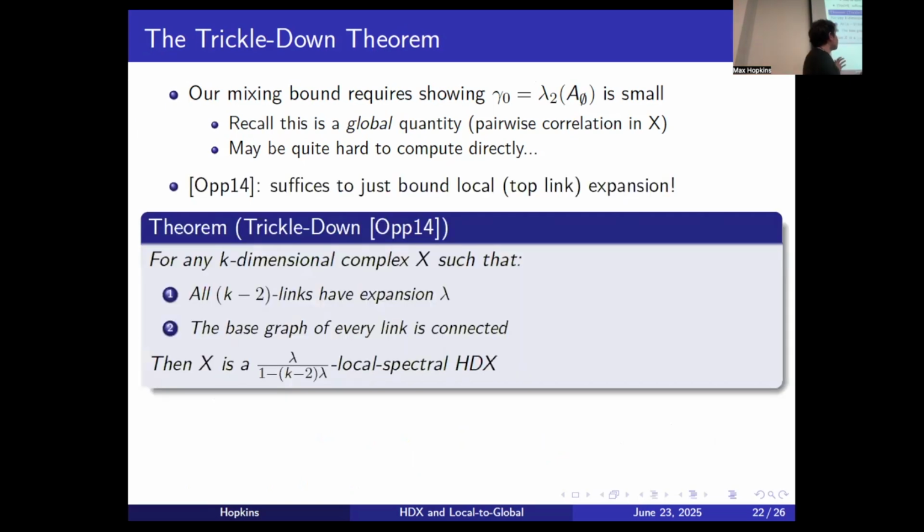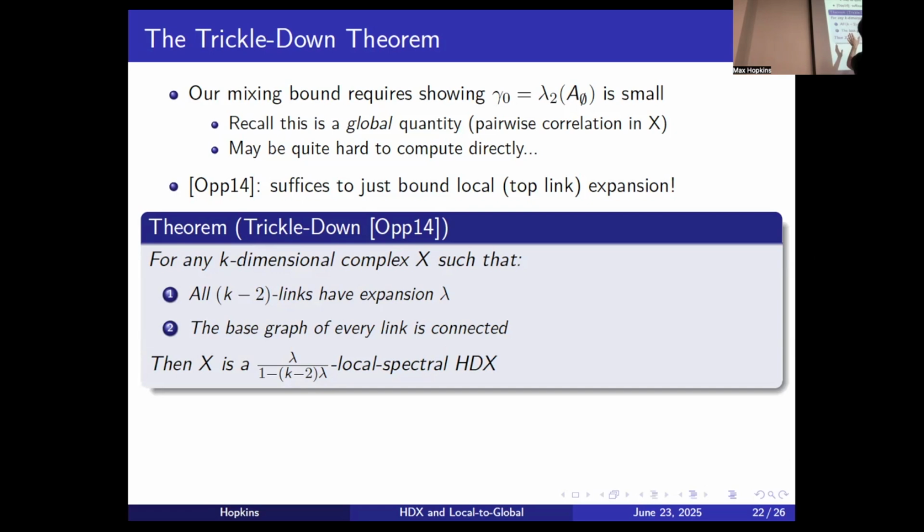This leads us to a really beautiful theorem of Oppenheim, called the trickle-down theorem, which says it turns out that up to connectivity, it is sufficient to bound only the expansion of the very top-level links in the complex. If I look only at these objects where I fix everything but 2 variables, I just look at these local graphs, it turns out that's sufficient to prove the entire complex is a high-dimensional expander and therefore has fast mixing, etc. So formally, the statement is that for any k-dimensional complex where the (k-2)-links have expansion lambda,